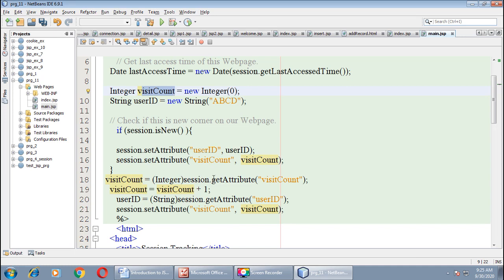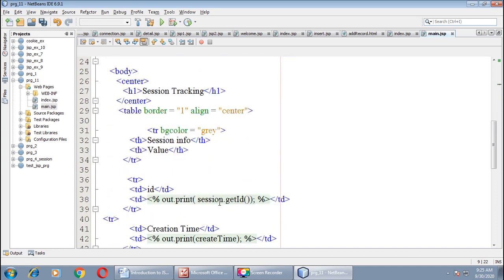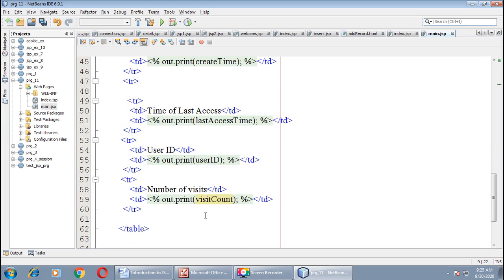Then we increase this variable by 1 whenever the client accesses the same web page in the same session. This will be increased by 1, and that value is assigned to the session's visit count, and that we are printing over here. Okay, now let us run our page.